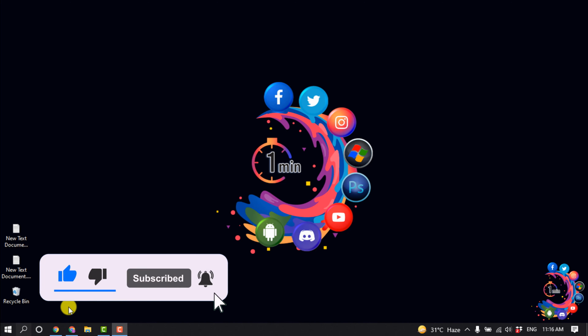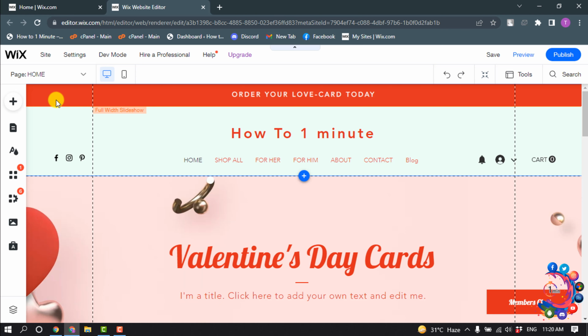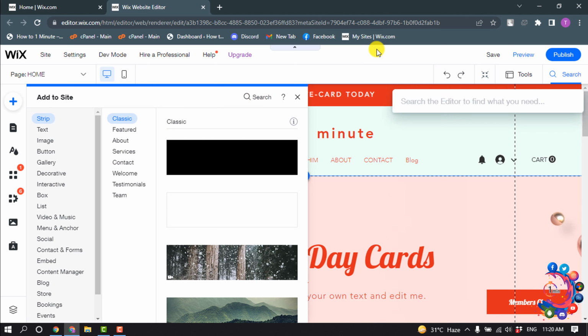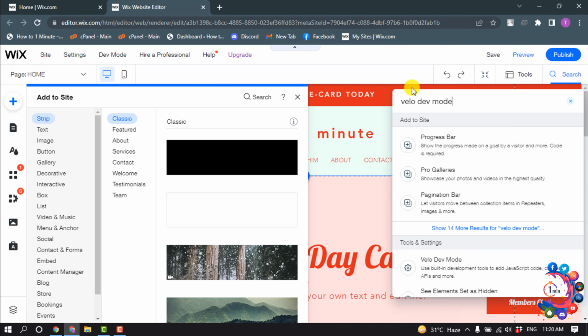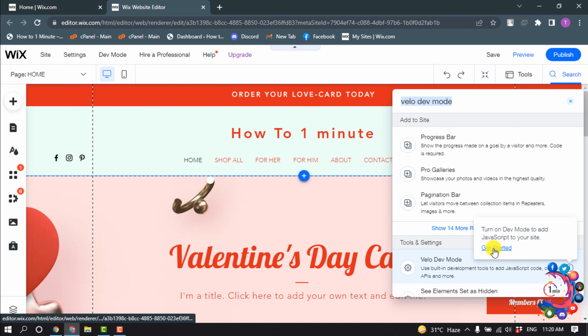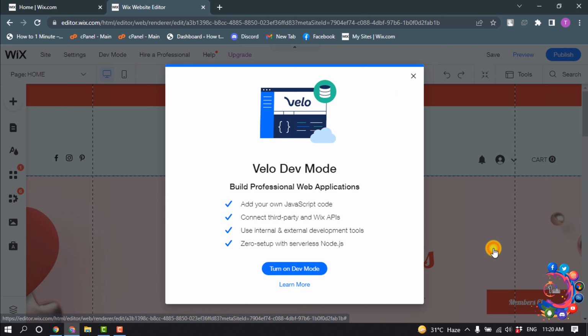So first of all, open your site editor and click on Add, search and type here Velo Dev Mode, and click on Velo Developer Mode, then click on Get Started and click on Turn on Developer Mode,